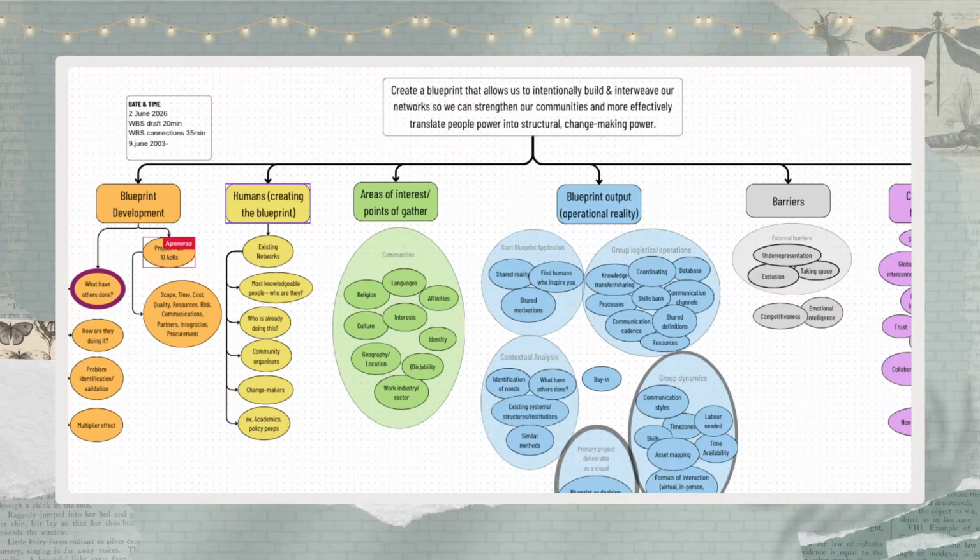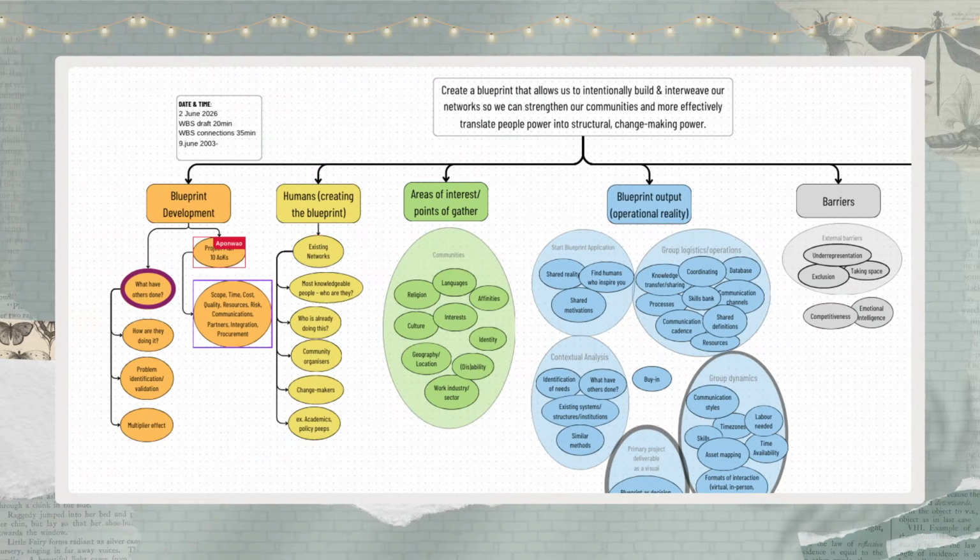So when I'm thinking about this second level with that lens of it becoming an objective, I don't really see us having an objective that is specifically areas of interest or points of gathering or communities. I do, exactly as you say, think of it as